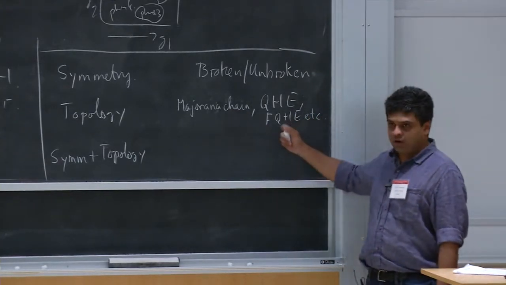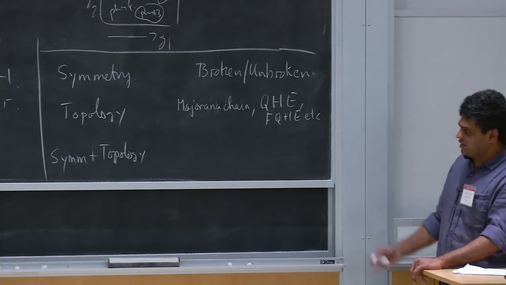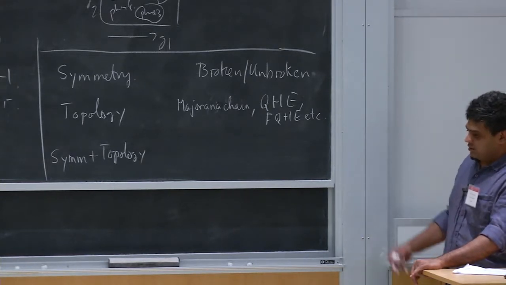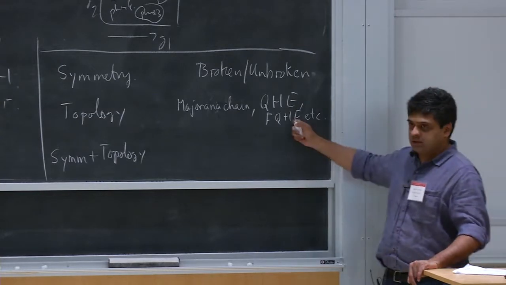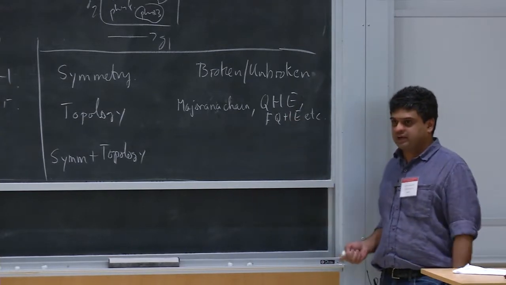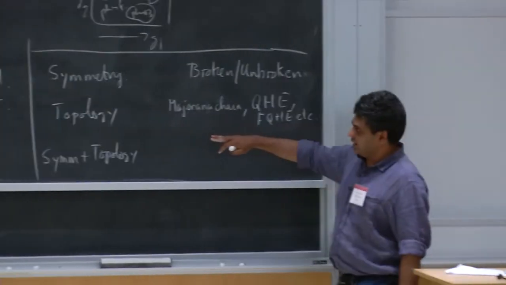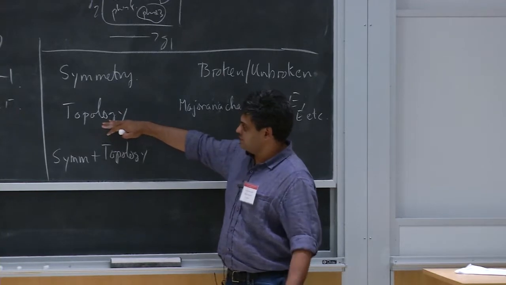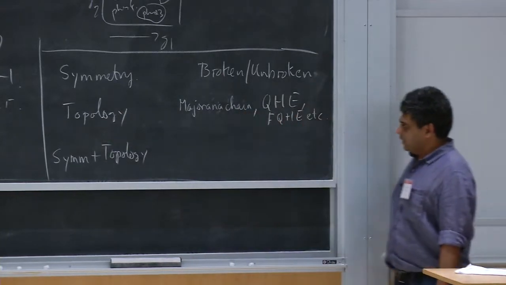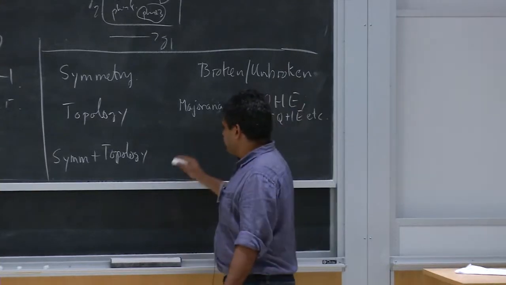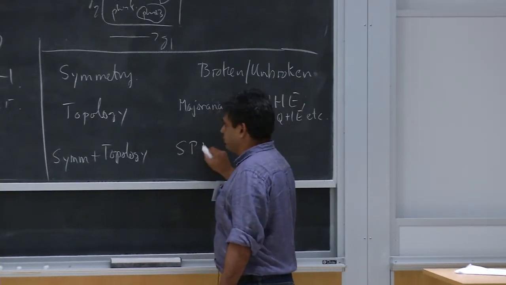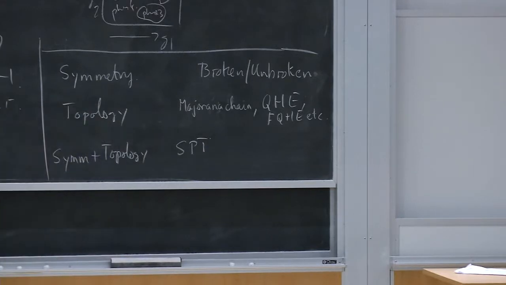Similarly, if you had the fractional quantum Hall effect, there are interesting interplays between the charge conservation and the topology, but for the existence of the phase itself, you really need nothing more than simply topology. Those are examples of phases that are entirely distinguished from trivial phases on the basis of topology, but then you can combine these two together, and you end up with phases like, for example, the symmetry protected topological phases, SPT, which we'll talk a little bit about.